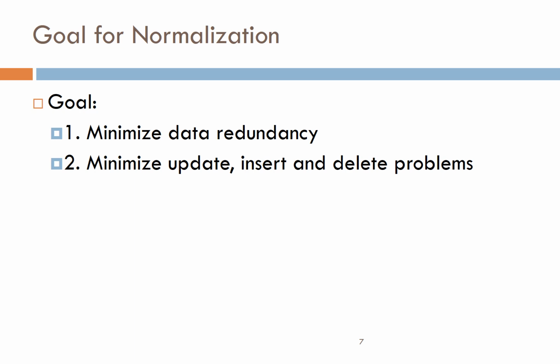Now the goal of normalization: why we need to apply normalization in our database. It minimizes data redundancy. Redundancy means duplication. So in our database concept, whenever there is duplication of data, it creates problems in the insert and update operations, and it is also a wastage of memory. So when we apply normalization, it minimizes the data redundancy, and minimizes update, insert, delete problems,